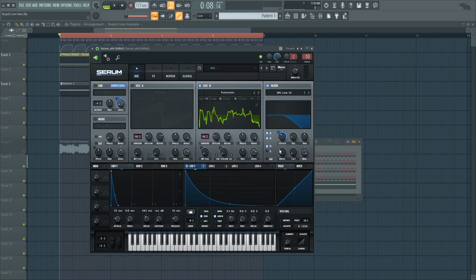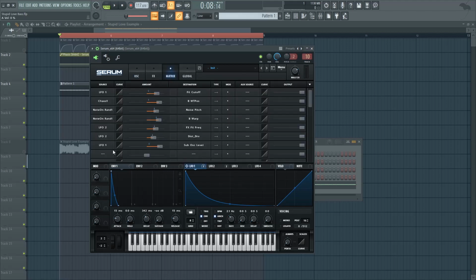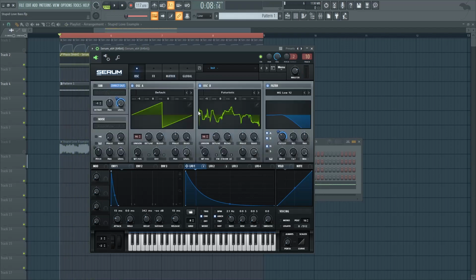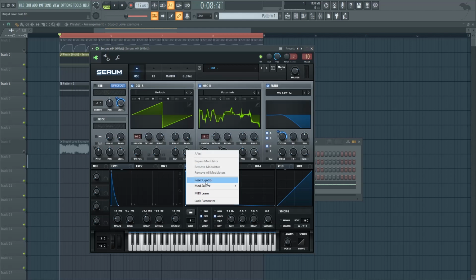And as for the FM from A, which is the first oscillator, it's being changed by note on random right here. This means that every time a new note plays, it's also going to increase the amount of FM that this wavetable gets from our first oscillator. So that way we get some slight variation in our wavetable sound, which makes it sound as if it's phasing or flanging over time, which is what is happening in the original sound. So altogether we got this so far.